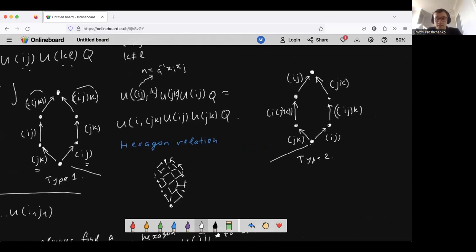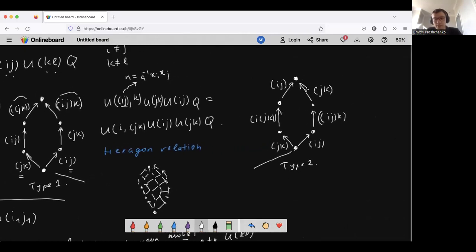And for type 2, this does not quite apply because here we permuted unlinkings